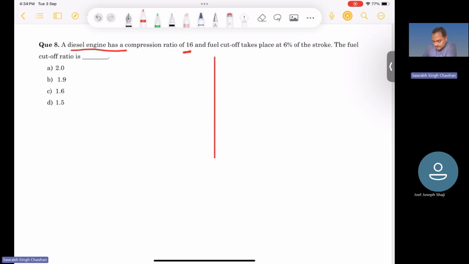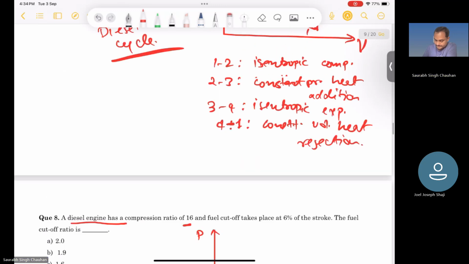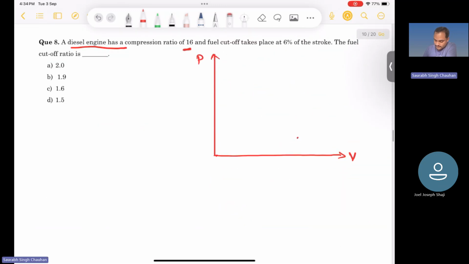You should try to solve it by yourself as well, and if you can find the correct option, then you should write it in the chat box. Anyways, the same diagram. From 1 to 2, it is